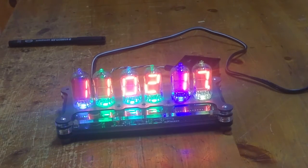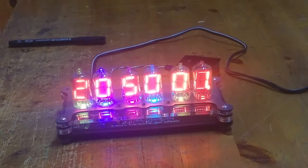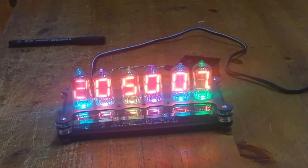So, do I like the NumiQueen? Well, I guess that's already pretty clear. Yes, I do. I've got to say it's my favourite clock at the moment. Would I recommend that you buy it? Well, if you're